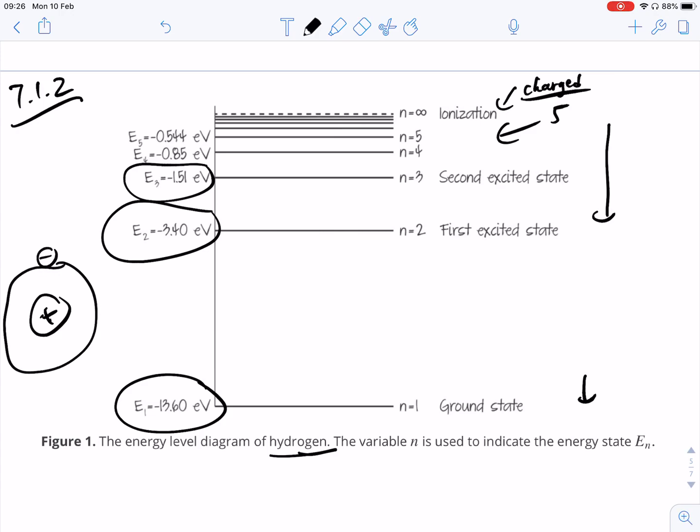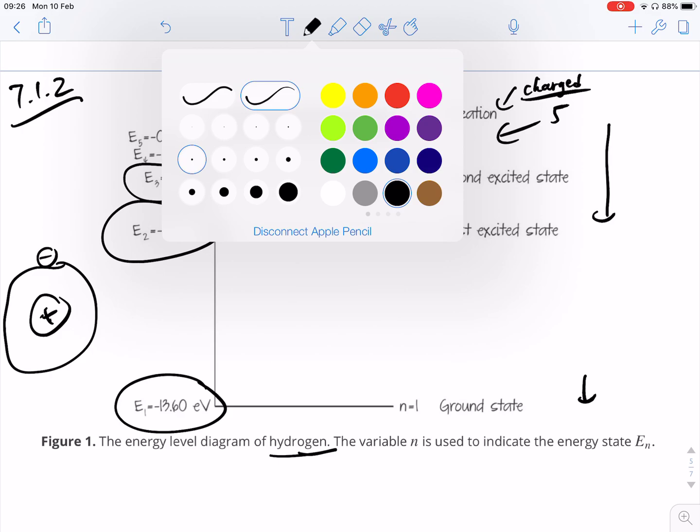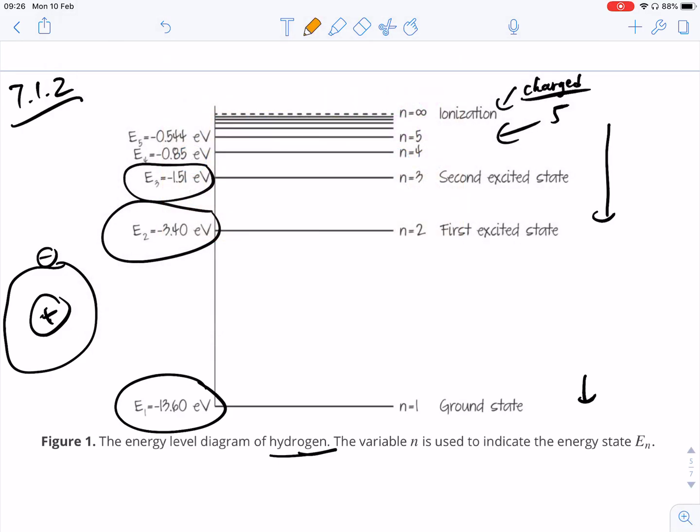Ionization, in terms of what we're talking about in physics, is when the gas itself, in this case hydrogen, gets so excited that this electron says bye-bye. So the electron gets thrown away